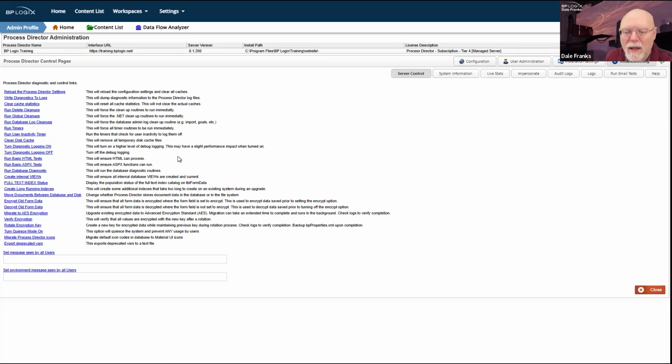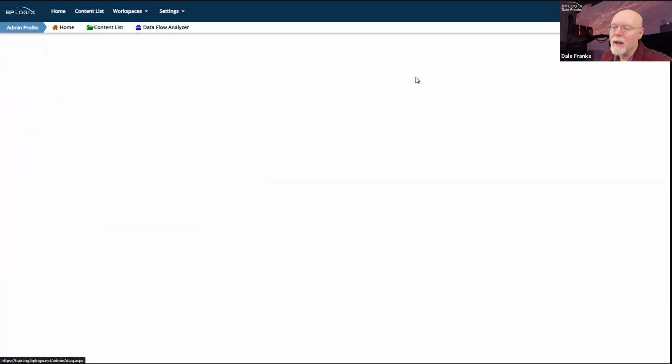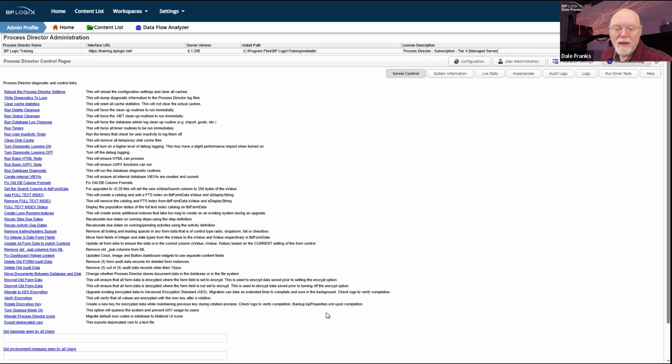So basically you can write some diagnostics to logs, a couple of little things that you can do. These are just sort of general settings or general maintenance links that you can click to do general maintenance-y things. However, this is not the entire universe that exists. You can turn debug mode on. And when you turn debug mode on, you see more stuff.